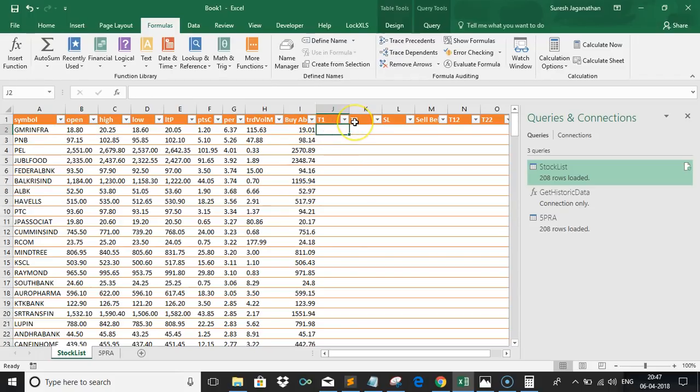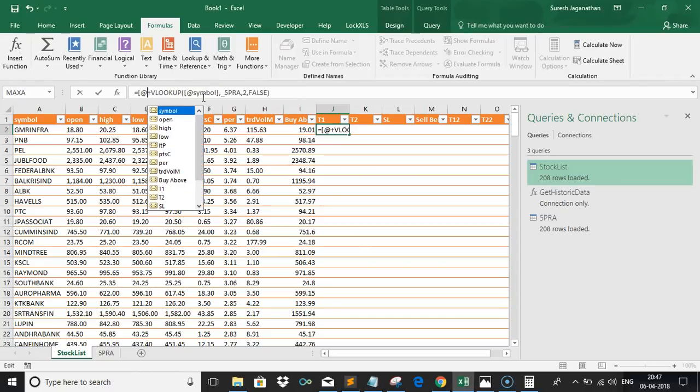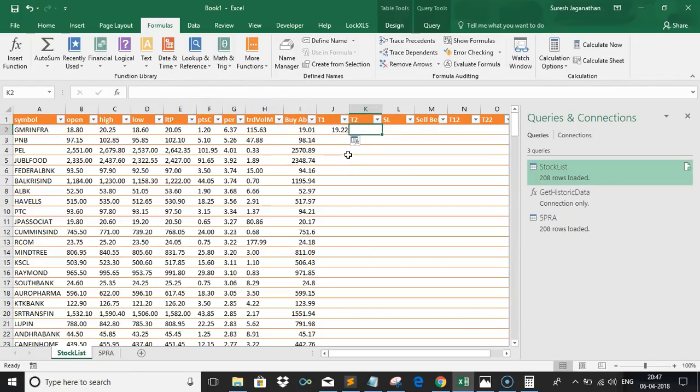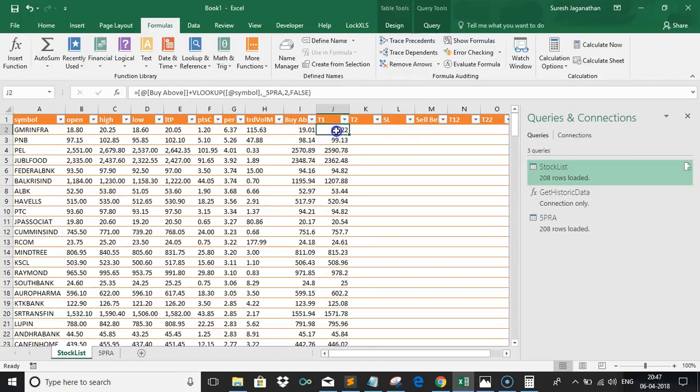Okay, so the target one is going to be the same thing. Just copy paste. Okay, and here instead of open, you can just give buy above. Okay, and you can type it. And target 2 also you can do the same thing, and here instead of buy above, just give target 1. Okay,